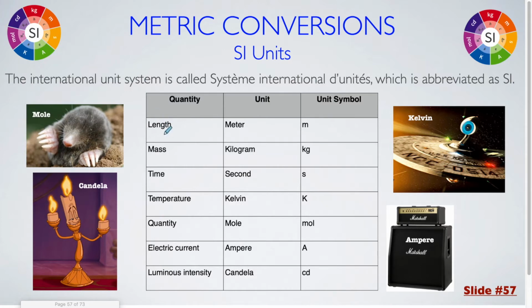For length, the standard unit is meter, which has a symbol of m. Mass, our standard unit, is kilogram, with a unit symbol of kg. Time is measured in seconds, with an abbreviation of s. Temperature, we often use Celsius within our course, but the standard unit for temperature is Kelvin, which is symbolized by a capital K. Quantity is mole, which is abbreviated mol. Electric current is ampere, which is abbreviated with a capital A, and luminous intensity is candela, which is abbreviated by